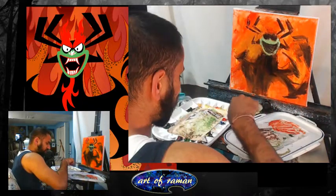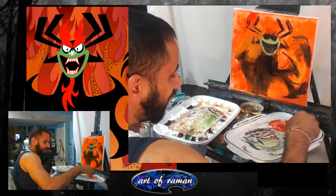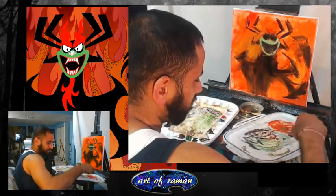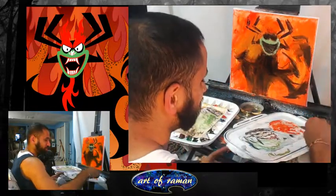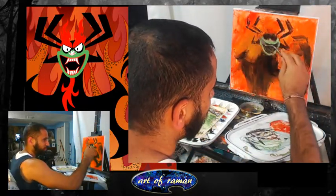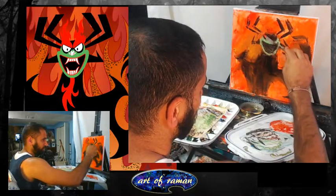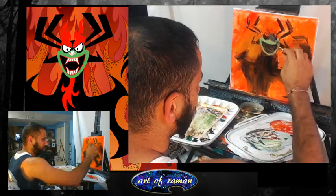Definitely whenever it comes to anger or emotion, the brows are one of the main sources that you have to get right. I always think about Dragon Ball Z, because that's why I first started. You always had to get the right angle to show that they're angry and serious, just like Aku is here. Right now, you can't tell where the brow angles are, and he just looks crazy and psycho. Not super evil yet. But when I get the angle of the brows here,